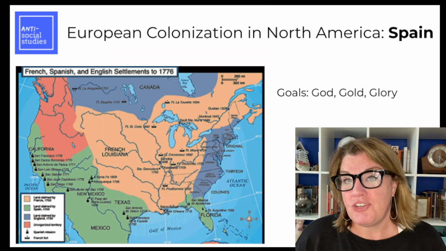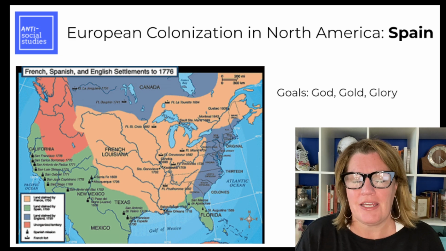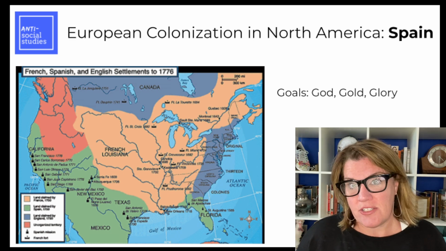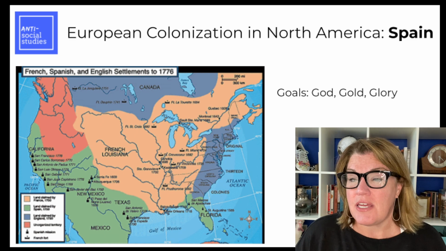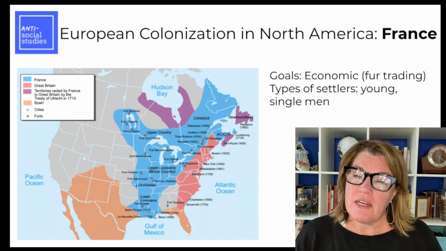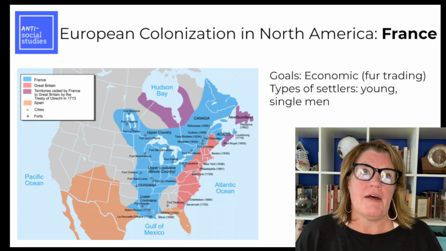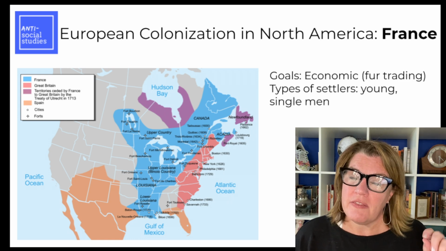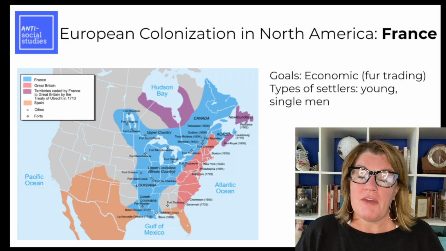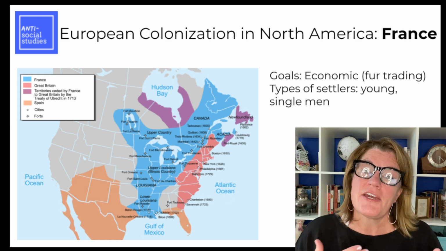Because of wars in Europe, there were conflicts in the European countries over on the continent. And some of what was happening over in the European continent affected how areas were settled in the New World, specifically in North America. France is going to be the other major sort of landholder in North America. They tended to settle in Canada, especially in the northeastern parts of Canada, as well as the Mississippi River Valley. If you think about New Orleans today, there's a heavy French influence in New Orleans, and that goes back to